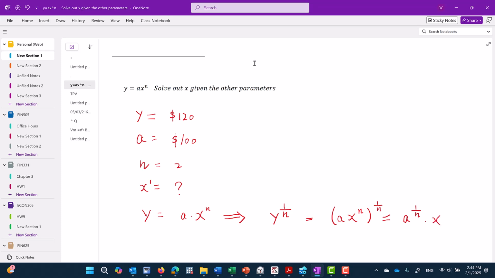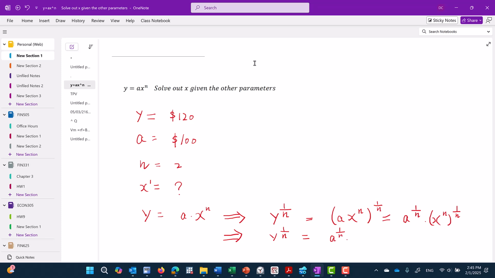So that means x raised to the power of n, and then this further raised to the power of 1 over n. Notice here n divided by n becomes 1. So eventually this will become y raised to the power of 1 over n equals a raised to the power of 1 over n,